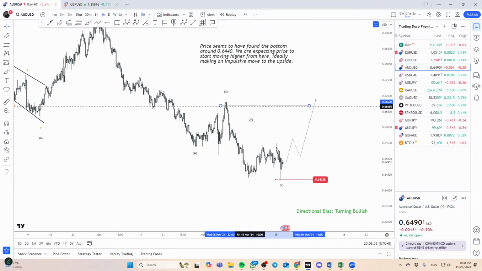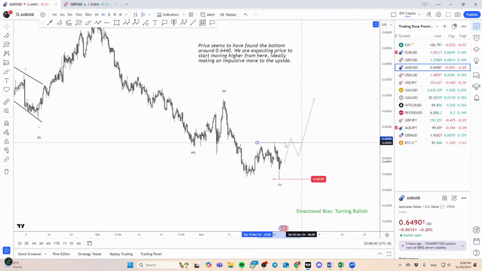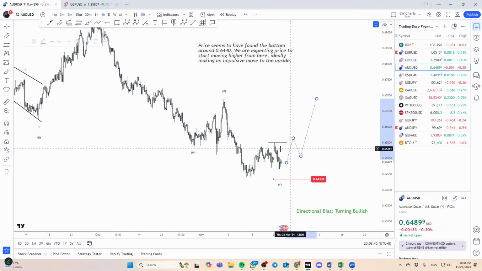Okay, Aussie dollar here is turning bullish. I think the confirmation right now would be here, right? After the recent volatility, the confirmation would very much be price having to take out this high. Then we'll start to confirm more or less the pullback, okay? But if we don't, then there's really no clear direction at this moment.